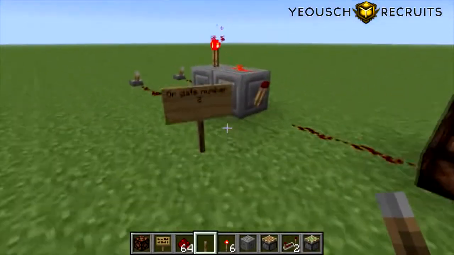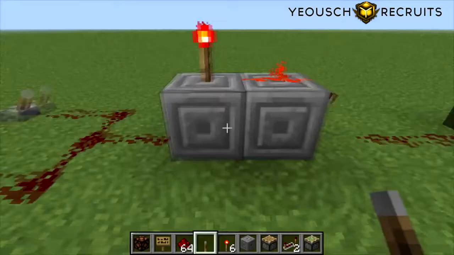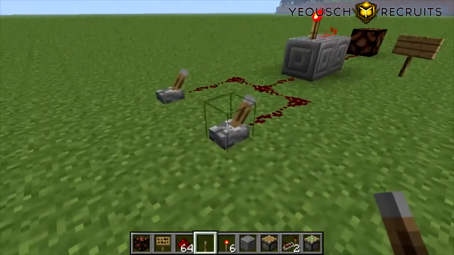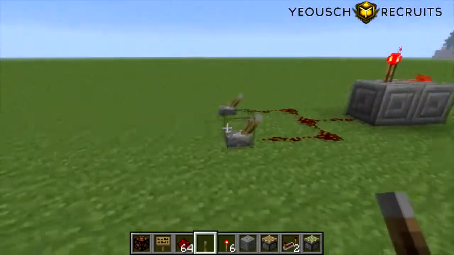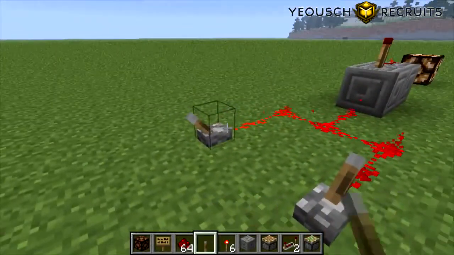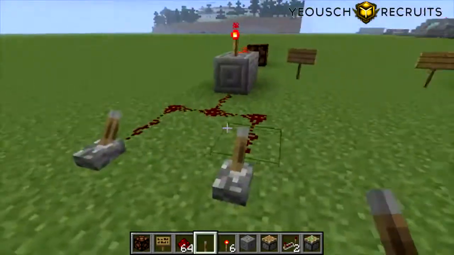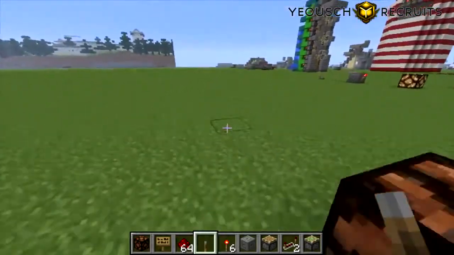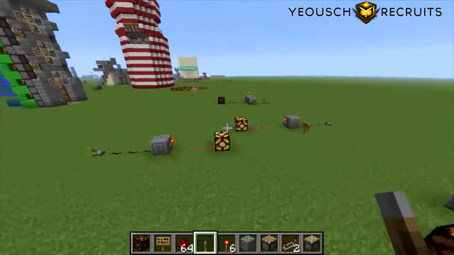And this is another version that just uses redstone torches, so pretty much you just power it, same thing. No matter which input's on, it still goes on. So, OR gates, not my favorite. But over here,